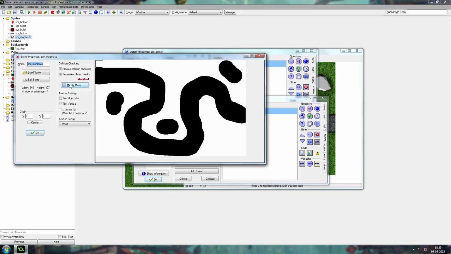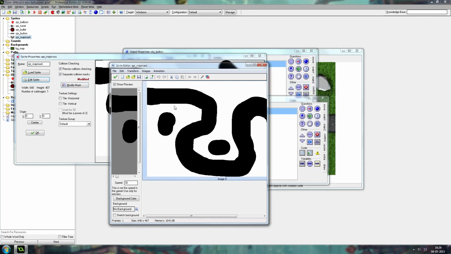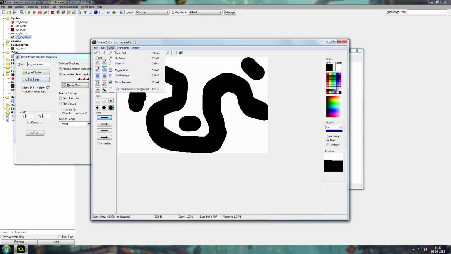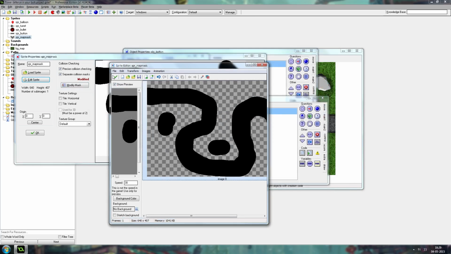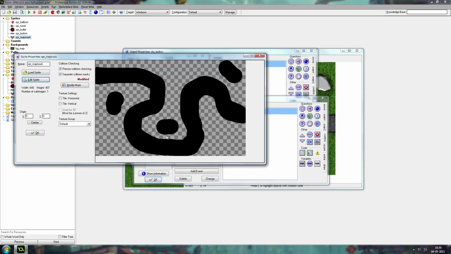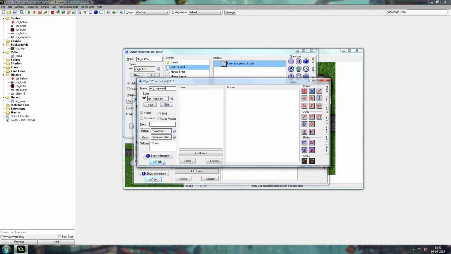You need to modify the collision mask here, and be sure to put an alpha tolerance here, because the image is not white in the background, it's actually transparent. So you need to modify the mask so that it fits only these things, or else it will just check for collision on the whole object, and that's not what we want. So we have this map mask here,